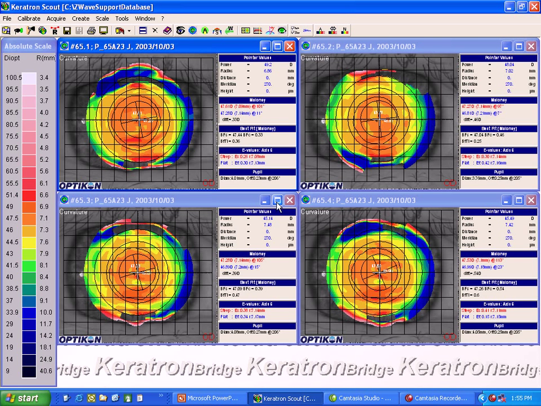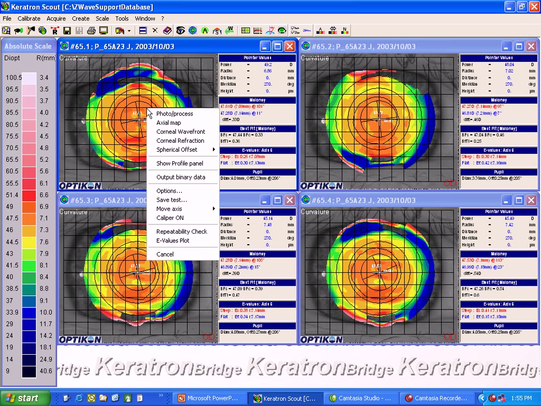In most cases, clinically, the first task is to choose the best topography that was gained when the patient was in the office. In this case, you can see there are 4 topographies of the right eye, and our mission first is to decide which one of these maps we want to use to design a contact lens. So what I'll do is place the cursor on one of the maps and right click,